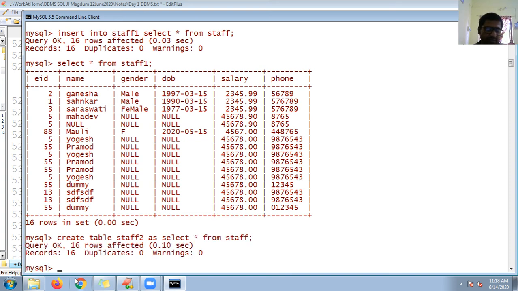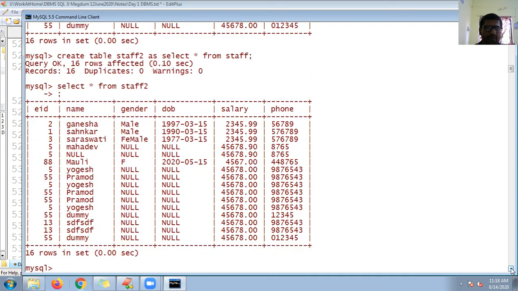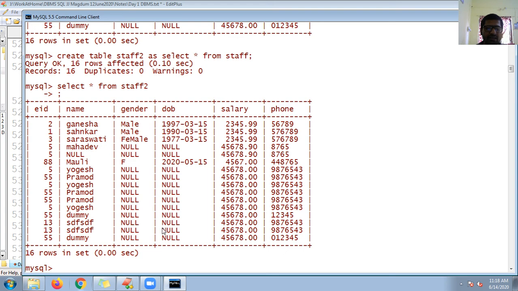Yes, it works, guys. It creates a table as well as copies the data in a single statement. Select star from staff 2 semicolon. Guys, this is the single syntax where you can create the structure as well as copy the contents also.